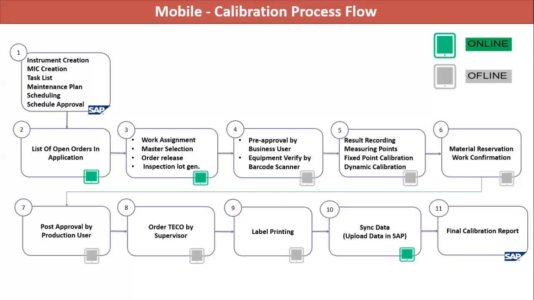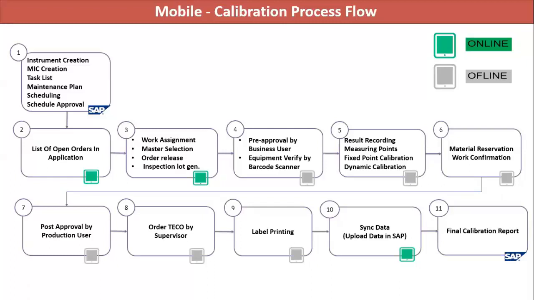As a part of the calibration process, and based on different industry business scenarios, we have built one process flow in our mobile app, and this whole mobile application is fully configurable. Suppose you don't want some type of approval, or some process flow is not available in your case, we can disable it from the configuration. And if you want some other scenarios, or some approval part which is available in your case but not displayed here, we can add it in this application as part of the configuration.